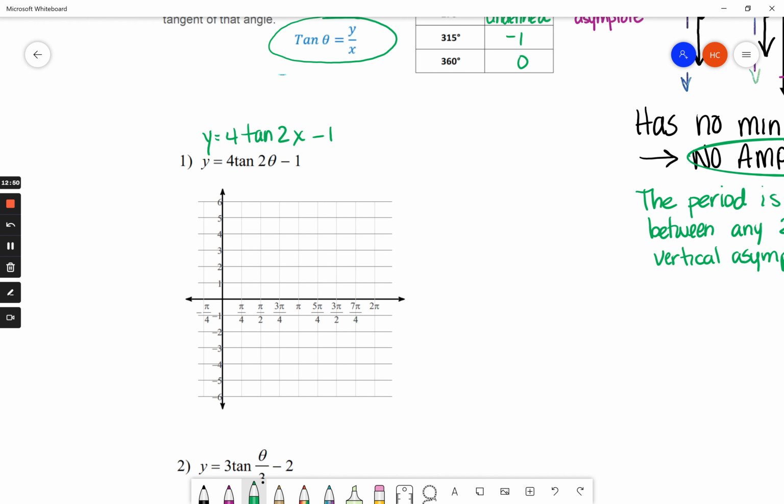The theta and the x mean the same thing. Now, the format of our equation is still going to look like